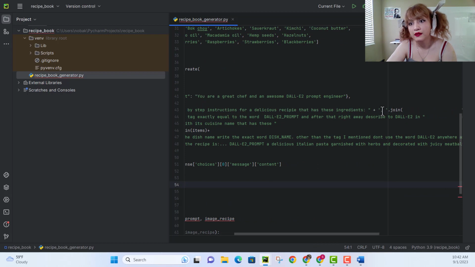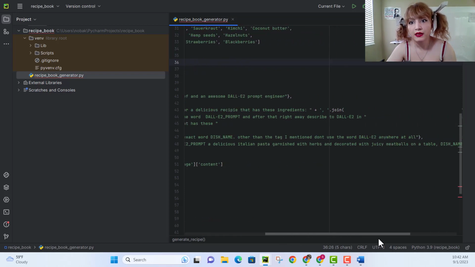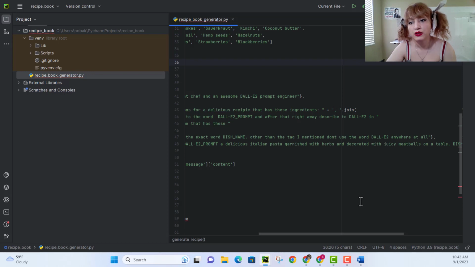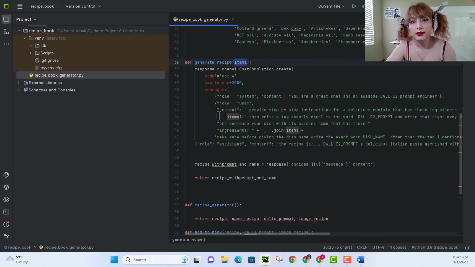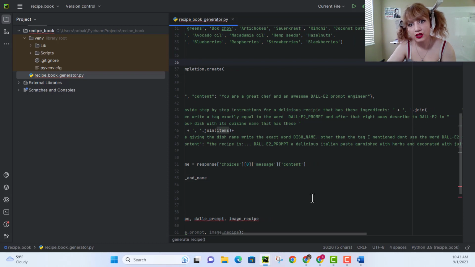These ingredients, what it is, items is a list of ingredients that we want to generate a recipe based on. So I'm going to use the items list, and by doing .join items, I'm converting it to a string to be able to append it here, and then to write it. Then I'm saying write a tag exactly equal to the word DALLE-2 prompt, and after that right away describe the DALLE-2